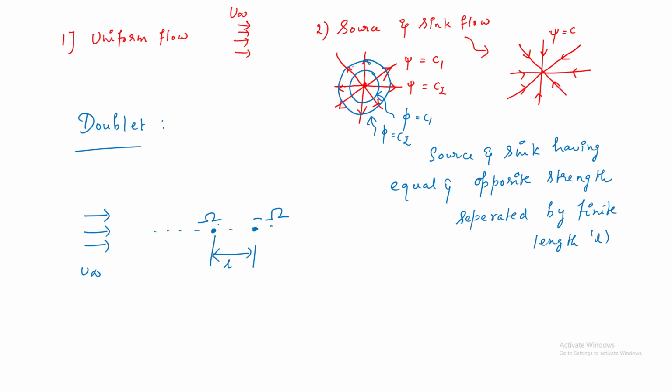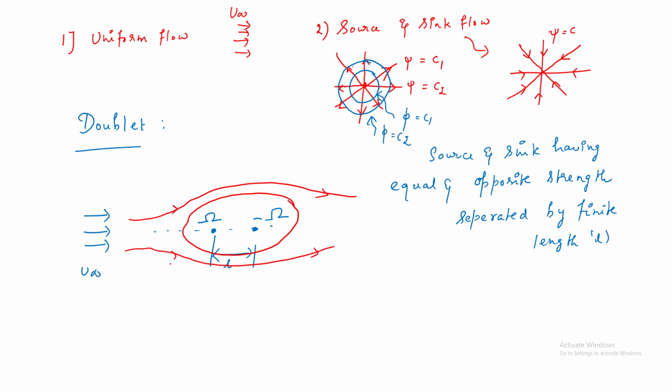You can see source and sink are completely opposite. That is where the opposite sign comes into the picture, and it will form a dividing streamline like this. So these are the streamlines. This is a dividing streamline